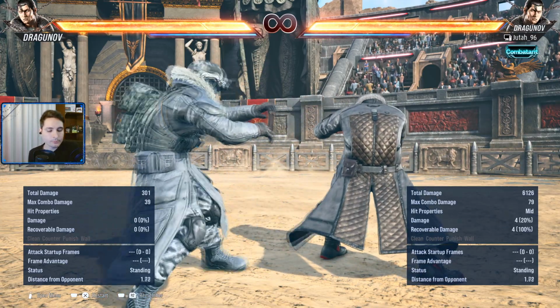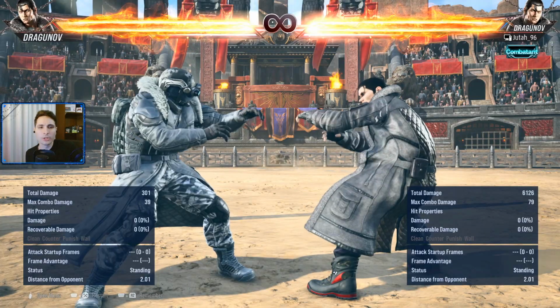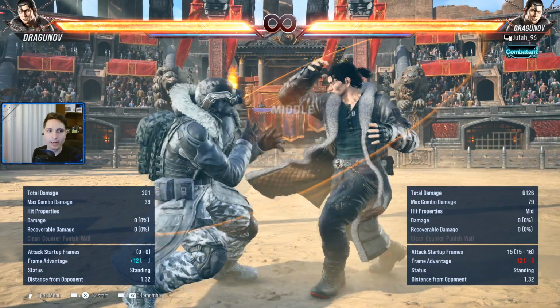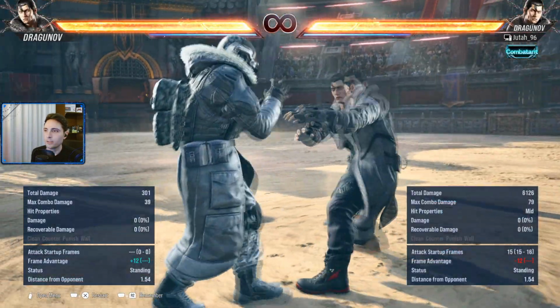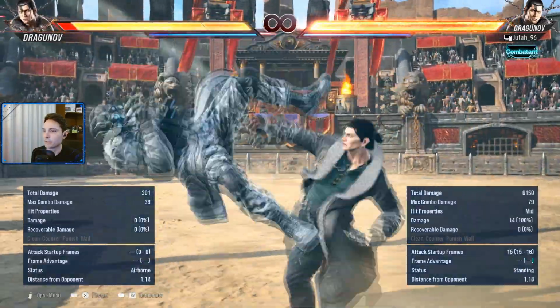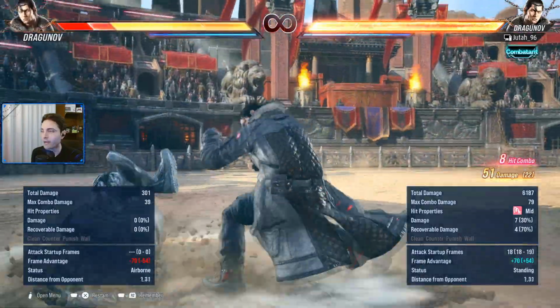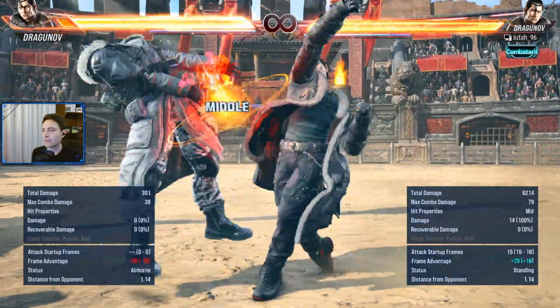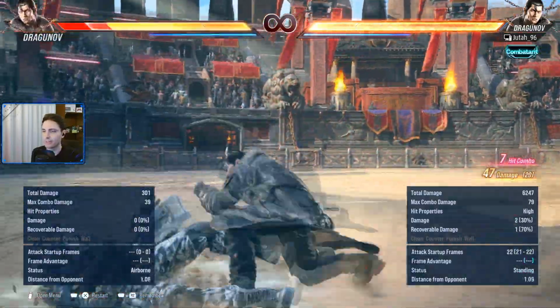But now let's talk briefly about combo routes. There's not much to say about this. Some people try to find new combo routes, but the reality is that you have to stick with the classic staple combos. These are still the best options you have. This is still the best option you have, outside from this variation here, which is definitely more damaging,